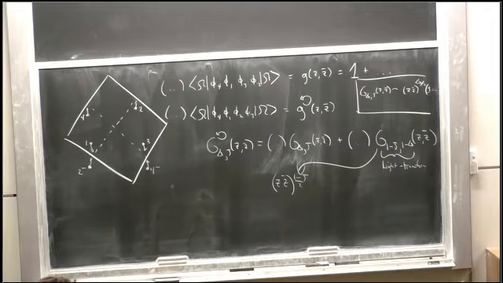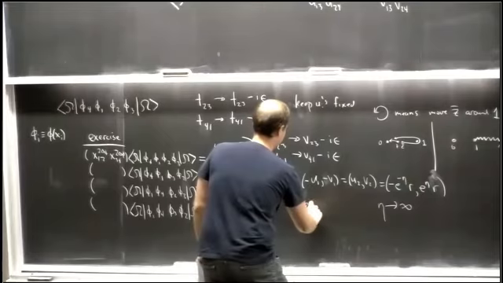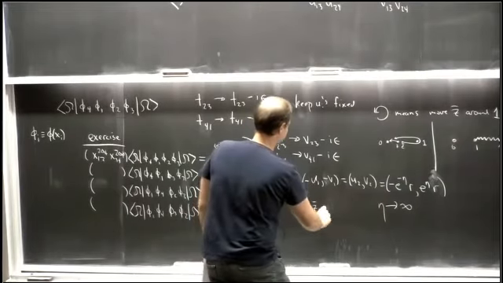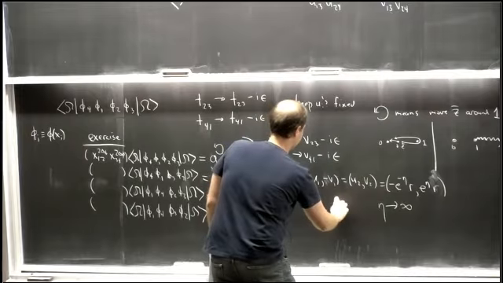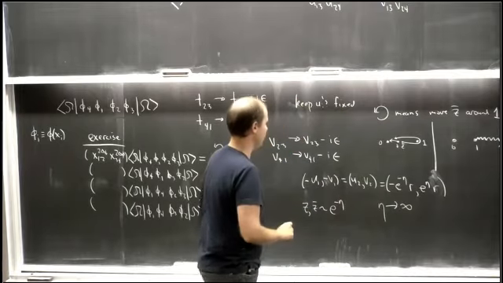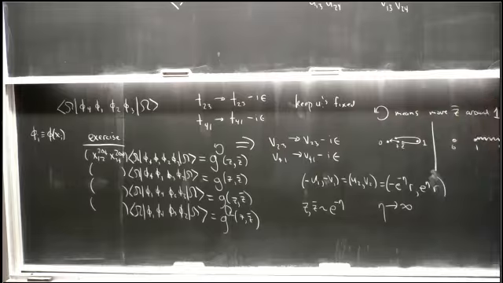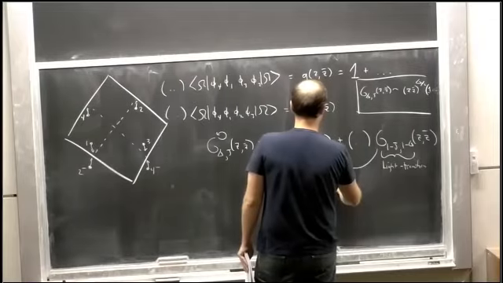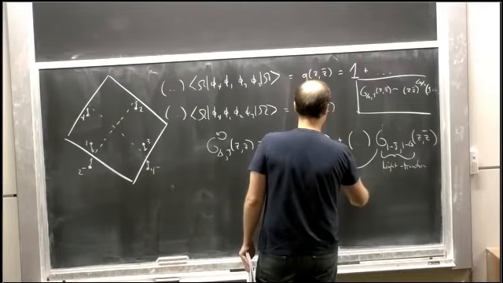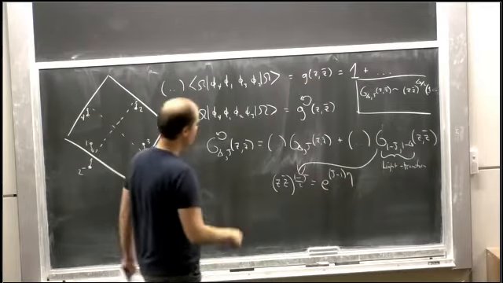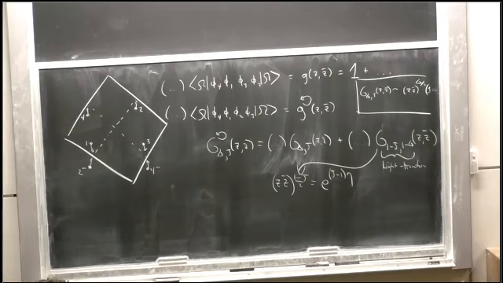If we do this boost, then it turns out that both Z and Z bar, as you should calculate here, go like e to the minus eta in the limit of large boost. So this gives us e to the j minus 1 times eta. So we get a badly divergent series when we sum over spins. Okay, so high spins give growing contributions,